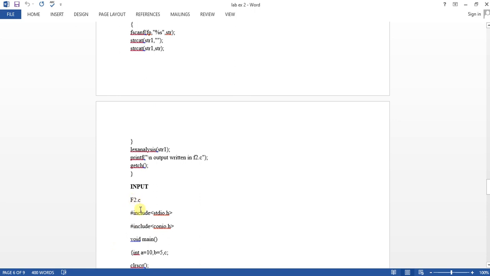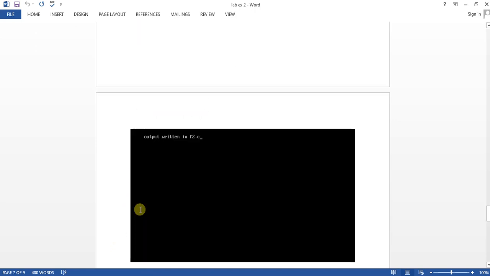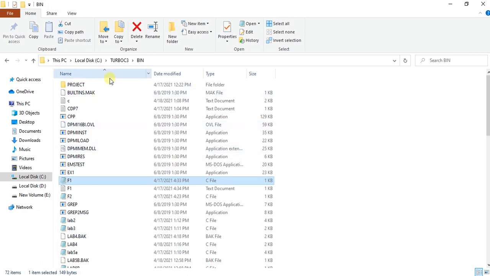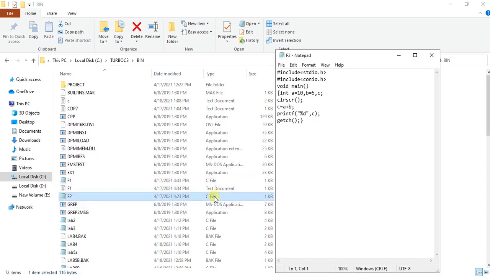Another C program is given as an input for this program. You can see in the Turbo C folder, inside the bin folder, I have created the f2.c file and saved this program.